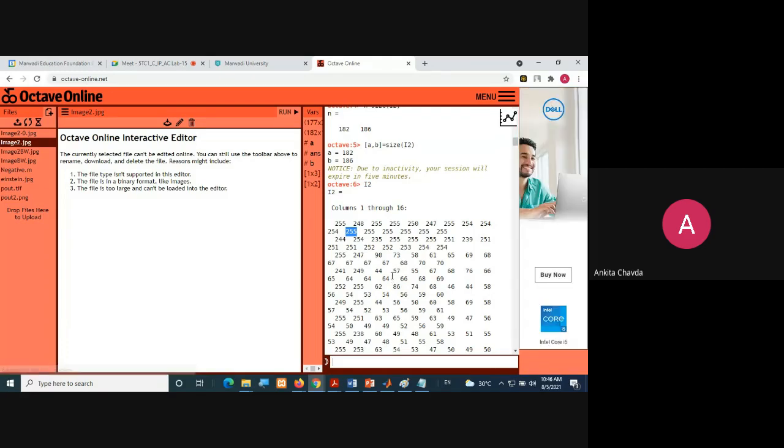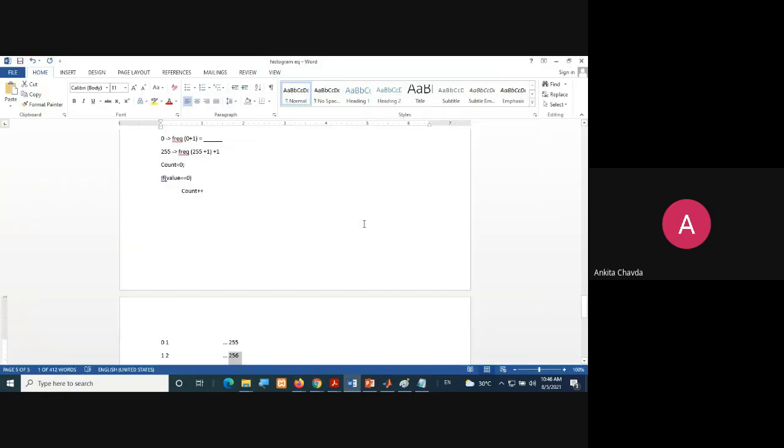So we will get to know how many pixels there are with this intensity value. Say yes or no. Then next time you get 248, same row but a different column. It will take the value 248, which will be stored at frequency of 249. So this is how it will work. I hope it is very clear.